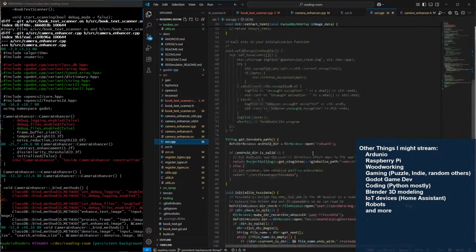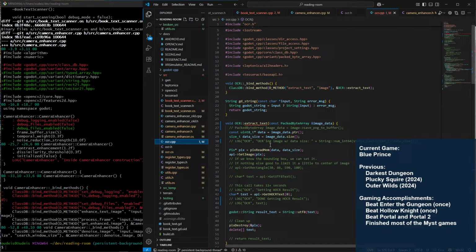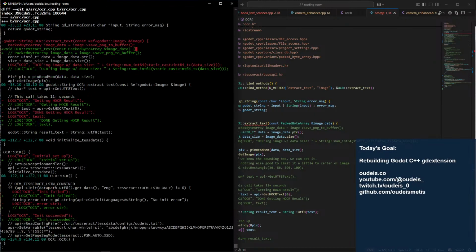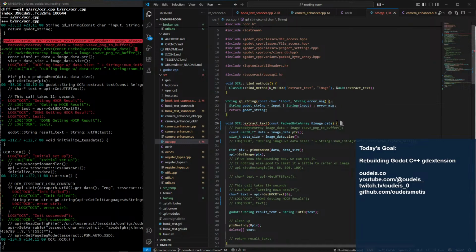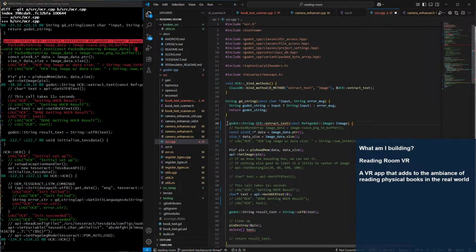And then where's our function definition here? Git diff source, ocr.cpp. Yeah, what happened to you? Control C does not work in this window. All right. There we go. And then you can go away.